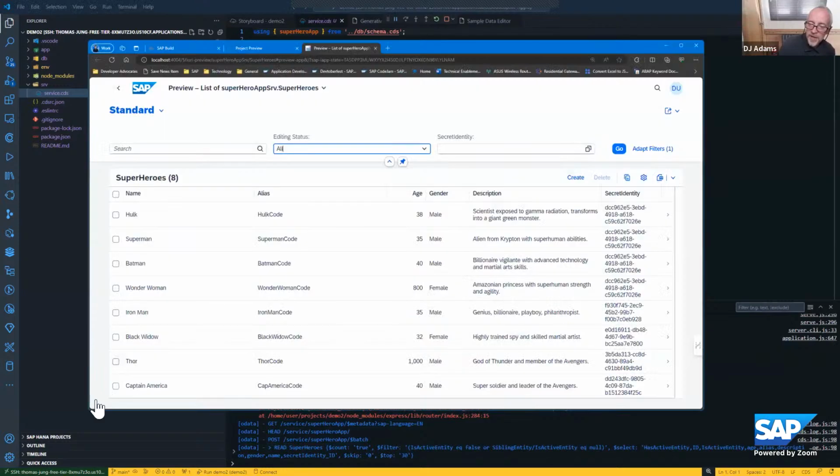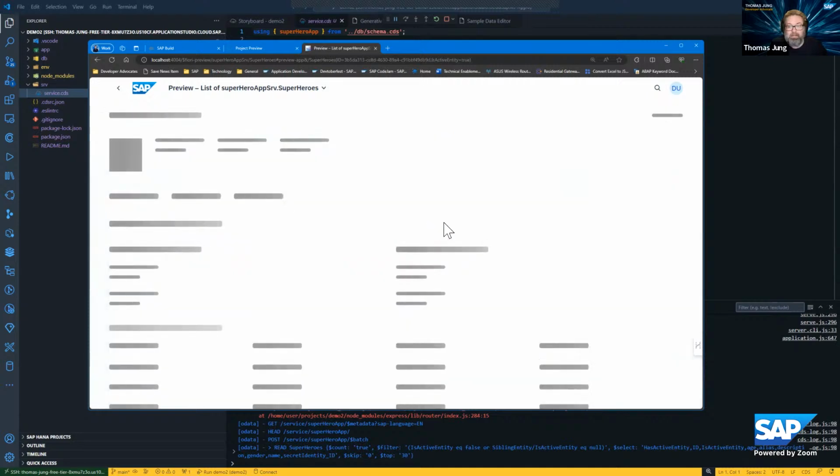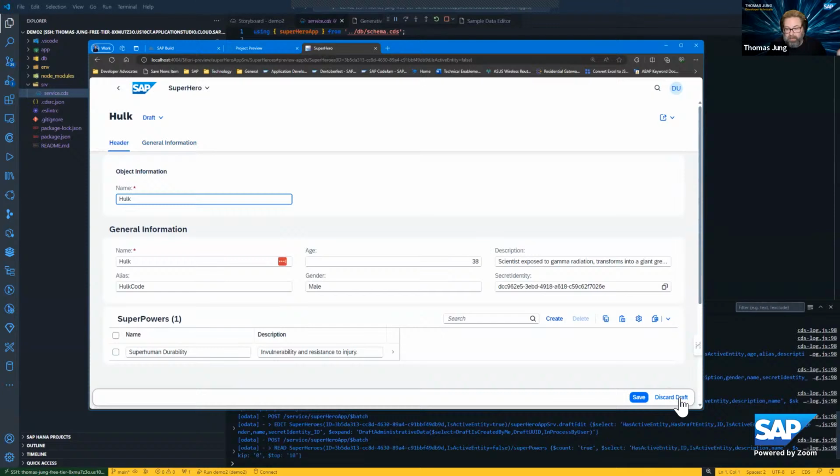Let's maybe just look at the JSON. But the Fiori app loaded correctly, which is what we wanted anyway. So we see our data. The nice thing is that it generated some annotations, so we're not just seeing the raw initial preview. You are getting a little nicer version of the Fiori UI here as well, and edit with draft support and things like that.